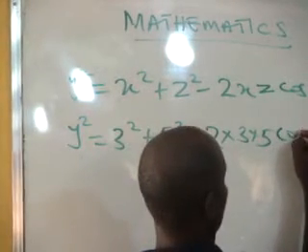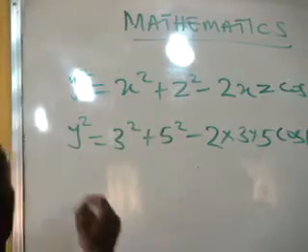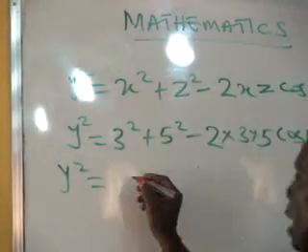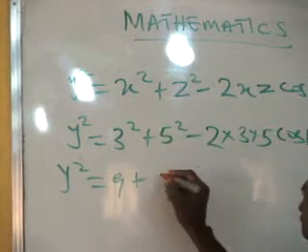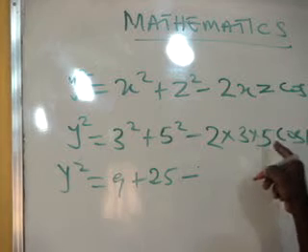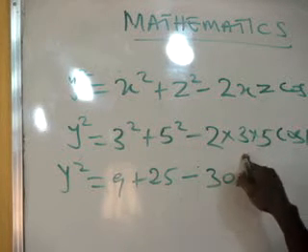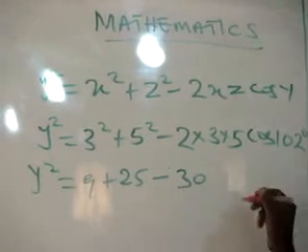cos 102 degrees. Y squared will now be 3 squared is 9 plus 5 squared, that is 25, minus 2 times 3 times 5, that is 30, because 2 times 3 is 6, times 5 is 30. Then cos